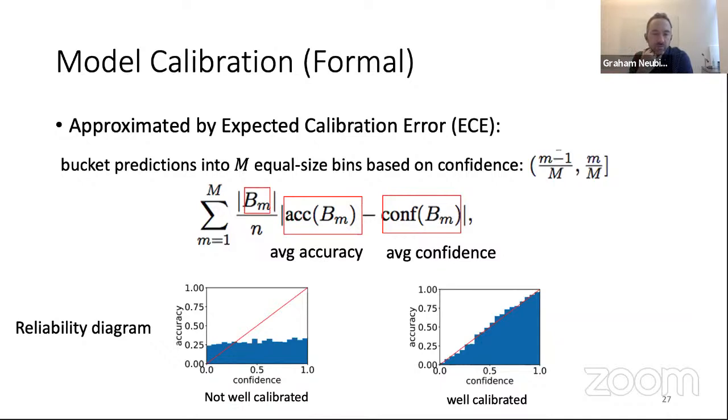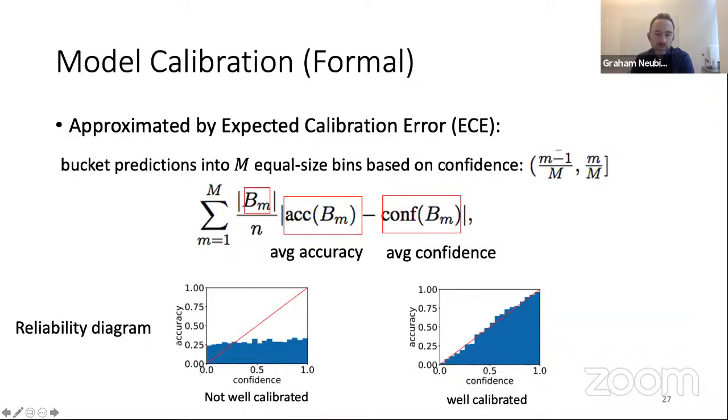The way this works is we bucket all of the predictions into bins along a certain confidence, and we calculate how close the actual accuracy within this bin is to the confidence value that